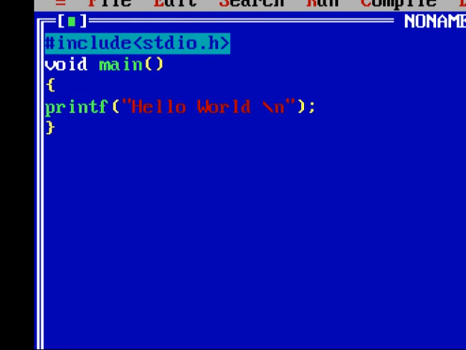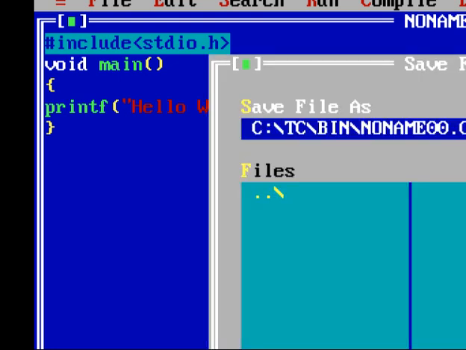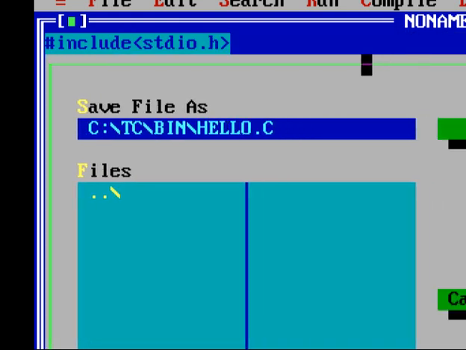After typing the program, press F2. Give the file name as hello.c. Press OK.